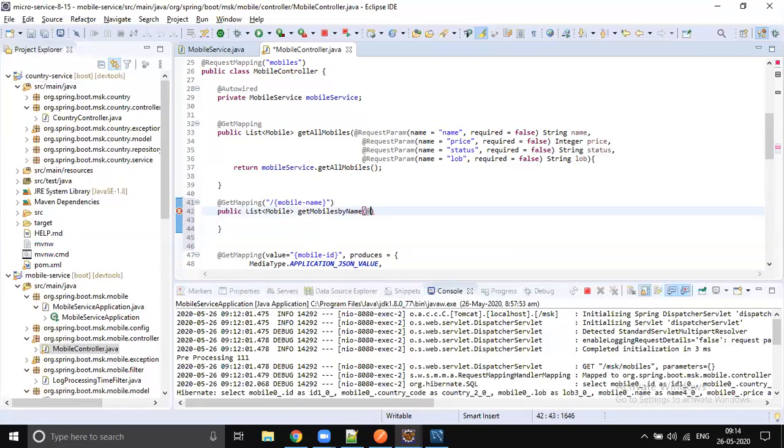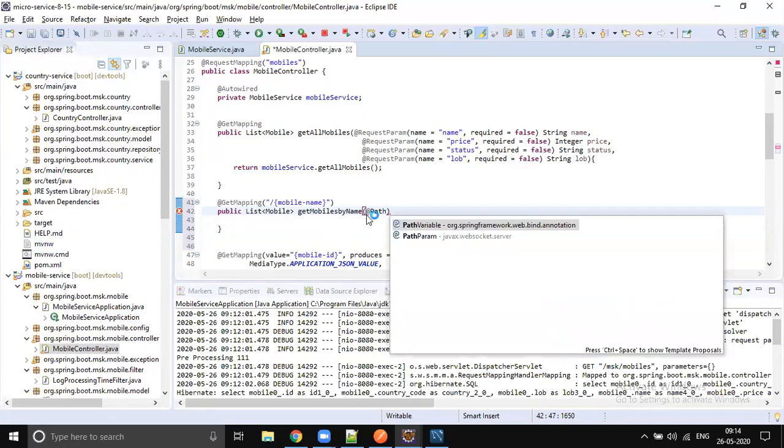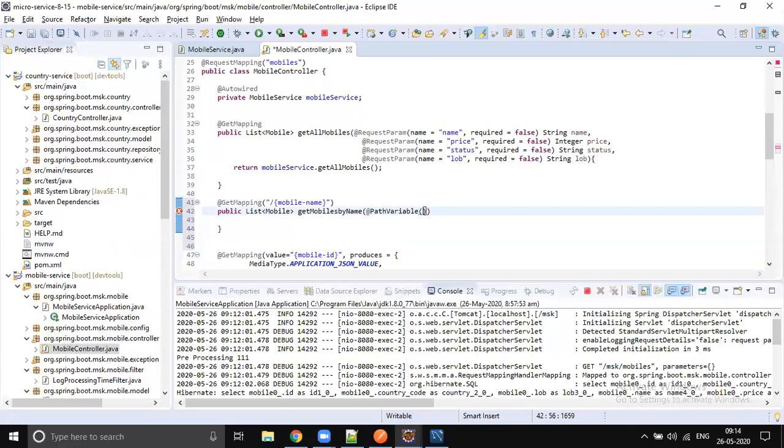Let's get this path variable, take that mobile name, assign it to a string name, and let's call the method.